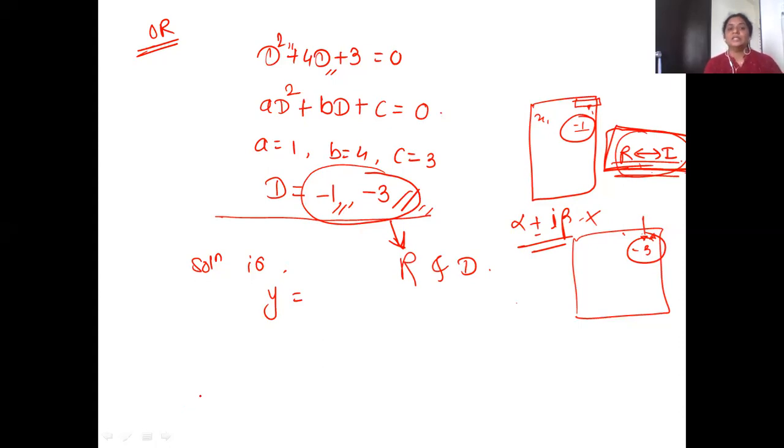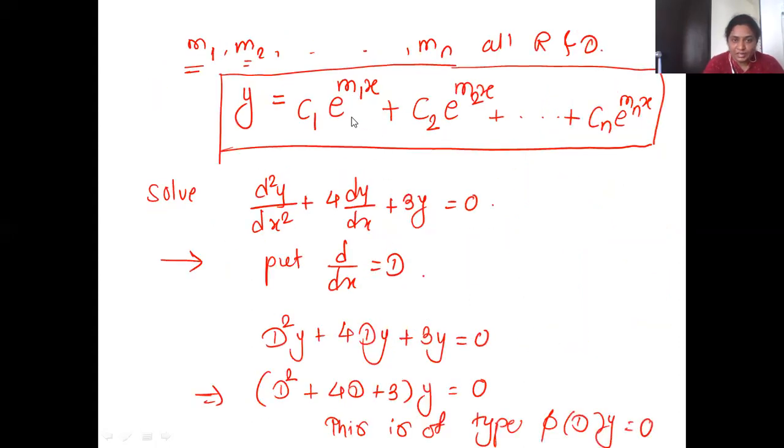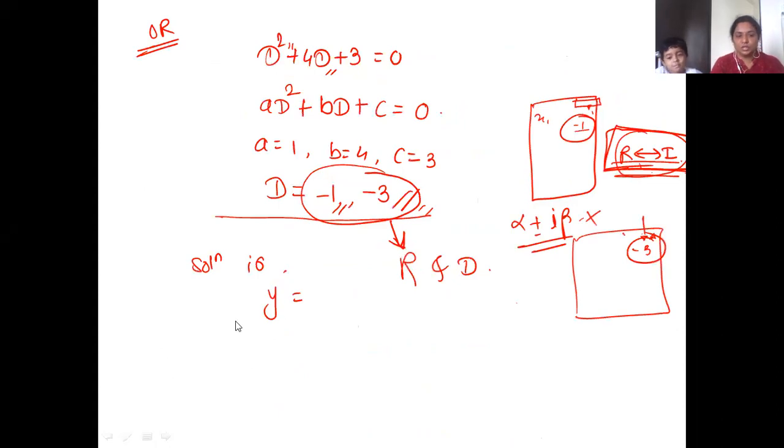Now the next type is real and repeated. Same numbers versus different numbers. So these are different real numbers. So how do you write the solution in this case? We have seen that if the roots are real and different, each root will go to the power of e with x and get different constants. So can you just tell me the solution now? y is equal to,